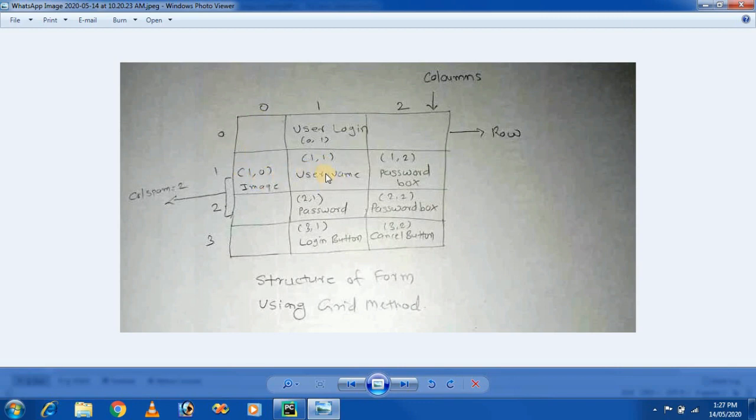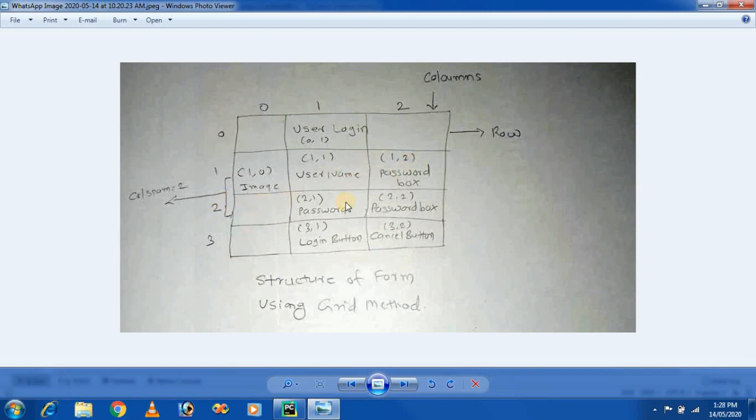In front of this I am taking a username label widget, which is placed on row 1 and column 1, and in front of the username label widget I place a username entry box, which is at row 1 and column 2 position.